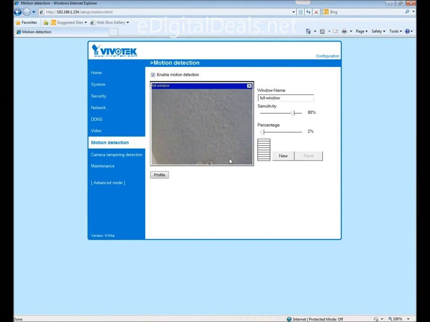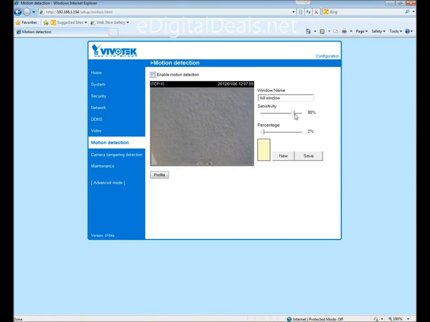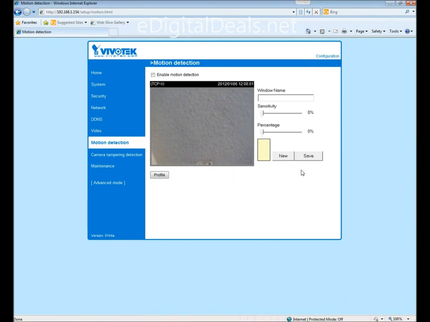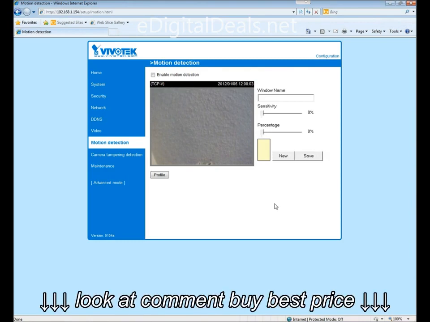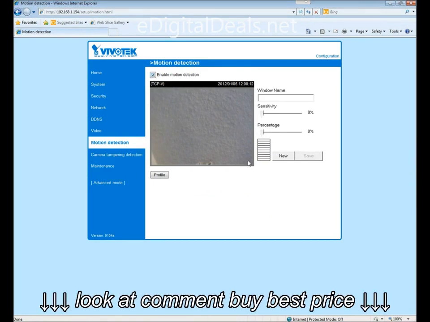I've already created a recording profile, but what we'll do is I'll reset this back to default so that you can see exactly what it would look like if we didn't have motion detection enabled. Right now, this is the default setting. So when you get to this window, you want to click on this checkbox. You're going to make a new profile,